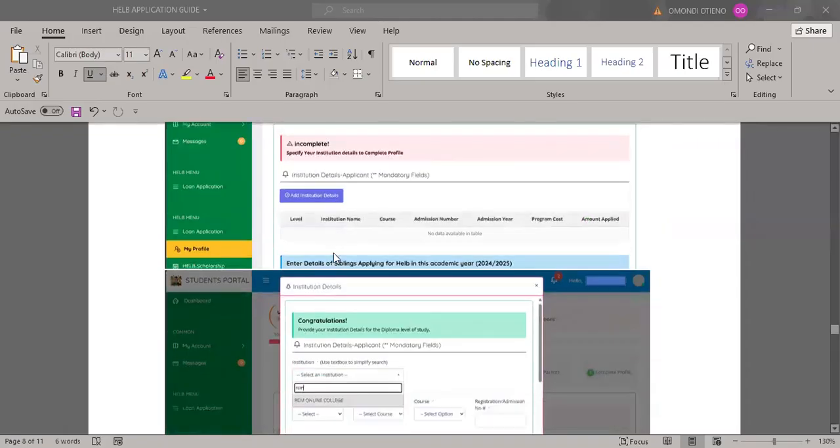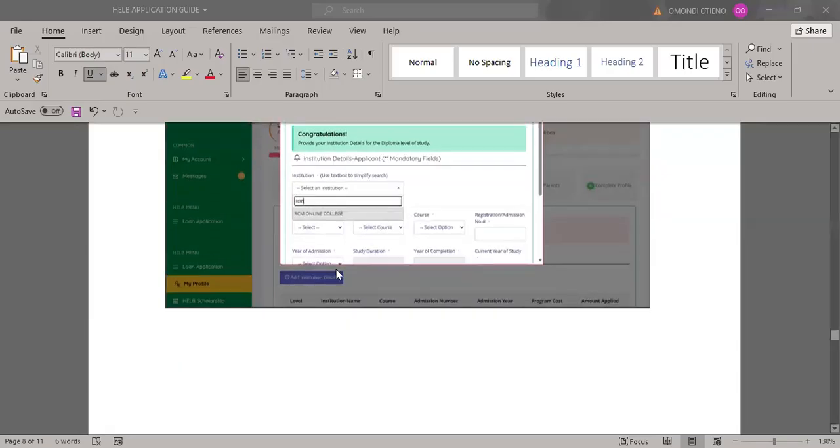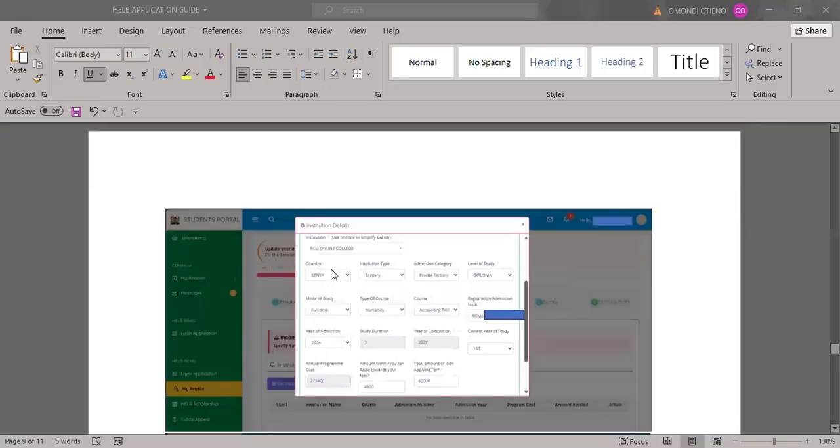Right? So under that, you can see the first one is RCM Online College. Come to select institution, then type the word RCM. The moment you type RCM, you will see RCM Online College appearing there. Click on that to populate the details. So once you select RCM Online College as your institution, you'll be able to provide this data, right? So RCM Online College, then country, that of course is Kenya, institution, tertiary, admission category, private tertiary, then level